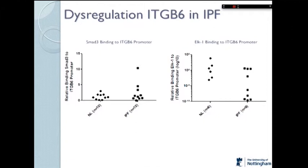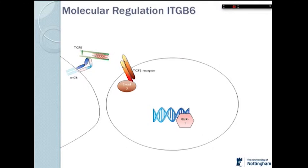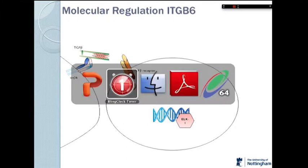And as Toby highlighted earlier this morning, there is quite vast heterogeneity within IPF, and this is just shown in these figures. So just to give you a quick overview of what we've found, TGF-beta on the cell surface is activated by the alpha-V beta...